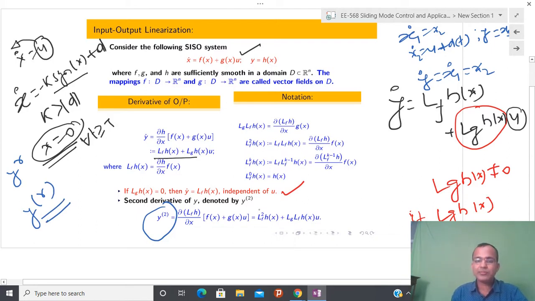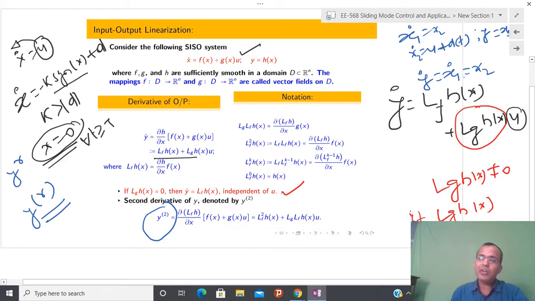Excuse me, sir. In the previous example, y dot is equal to x2, and that x2 is itself a function of u. So if you consider y equal to x2, then control comes into the picture. But sir, I am assuming that even in y is equal to x1, y dot is equal to x1 dot, which is equal to x2, and now x2 itself becomes a function of u, since x2 dot is a function of u. But that is implicit, not explicit. Yes, sir, it would be implicit. Yeah, precisely, implicitly, but I am talking about an explicit relation. Yes, sir, it won't be explicit.